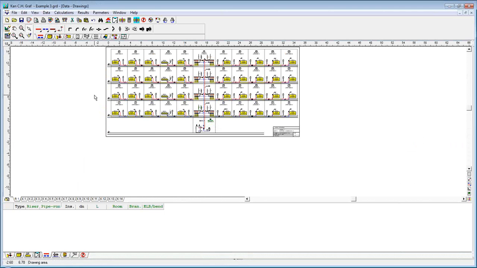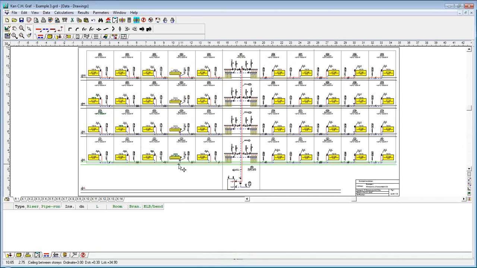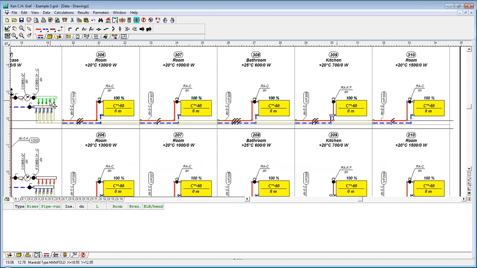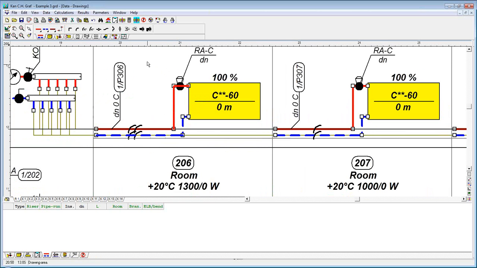The third example shows the possibility of designing the manifold system with the flat manifolds. As you see, we've got the manifolds, and then we've got the radiators in different rooms. At this moment, you can see the technique of how we draw this on the diagram. We draw the radiator, then the pipes, and we draw a relatively short horizontal pipe, and then in the table we enter the total length of this pipe. In this example here it's 2 meters,